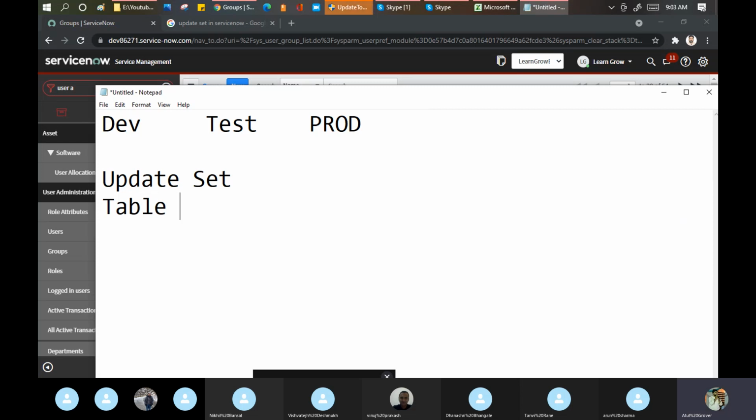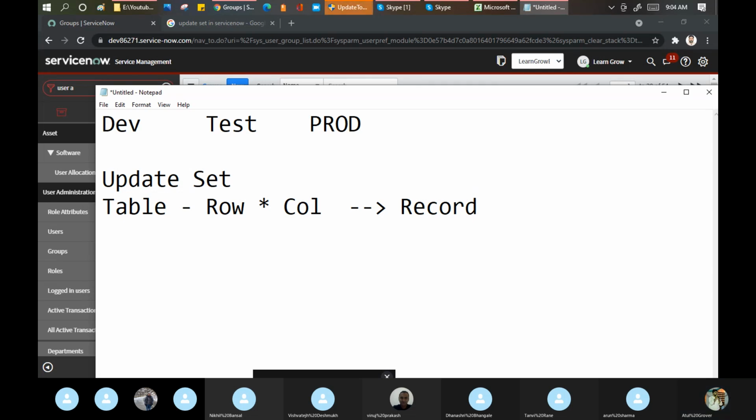Table. What is a table? A collection of rows and columns. Agree on that part? Everybody studied this in databases, in the initial days of graduation, right? When I say anything is in a row and column, that particular one line is called the record.